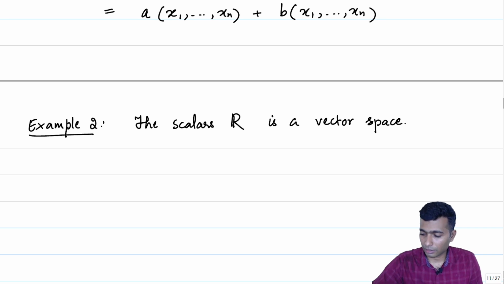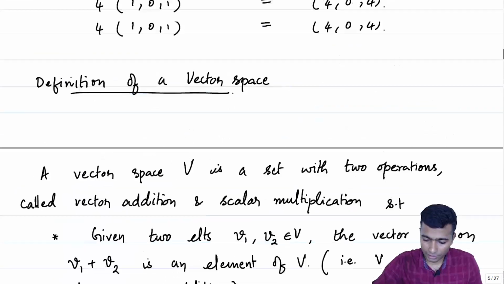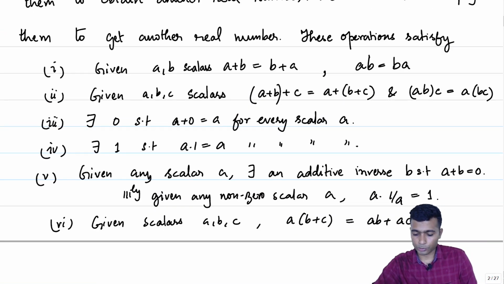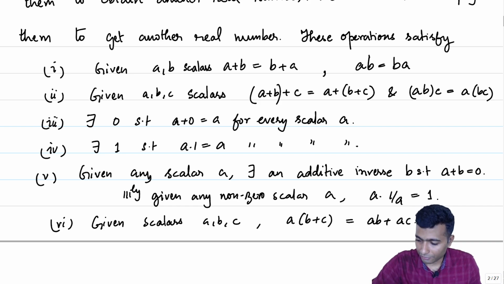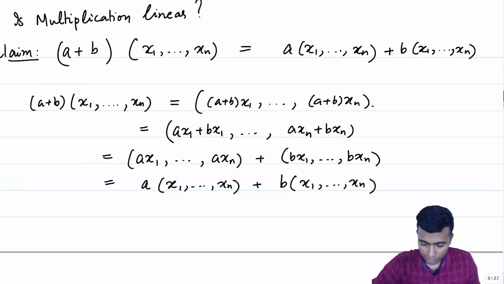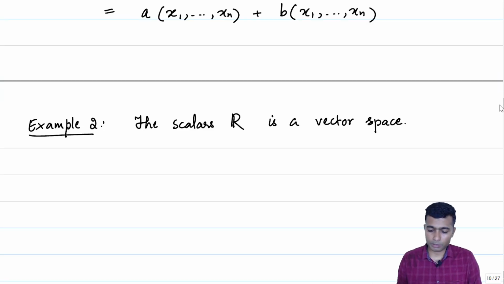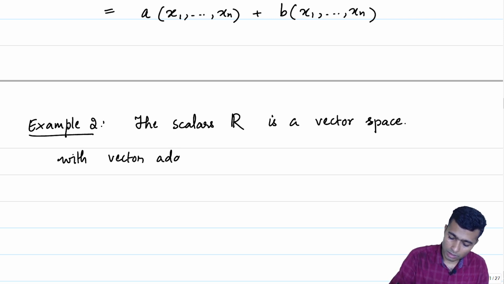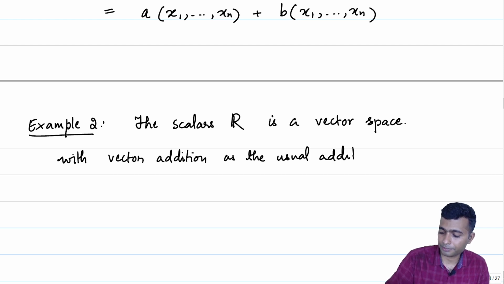Well, I think we just have to go up a bit and recall some of the properties which we were capturing. If you observe carefully, 1, 2, 3 up to 6 here satisfy most of the properties. I didn't even mention what our vector addition and scalar multiplication is. Let me go in a more organized manner. So, it's a vector space with vector addition as the usual addition of real numbers.